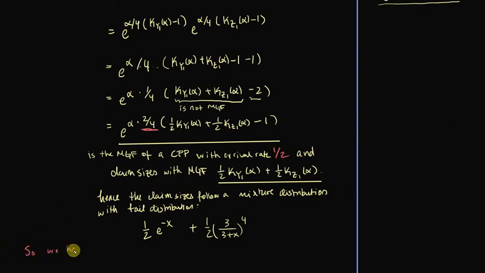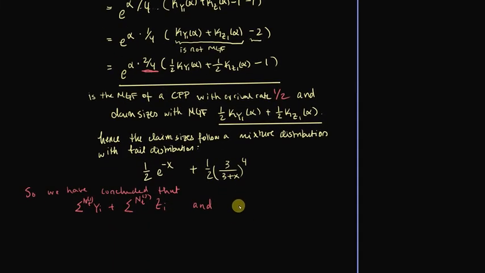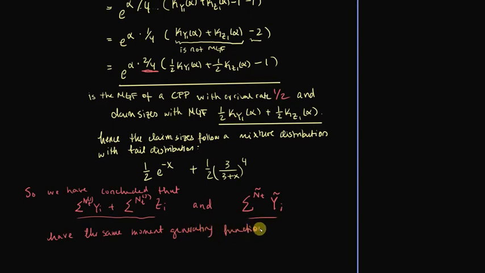So we have concluded that the total claim size expressed as such and some other compound Poisson process expressed as such, we have concluded that these two things have the same moment generating function,